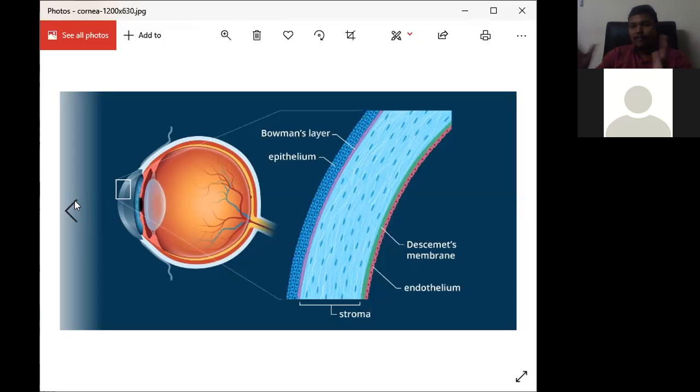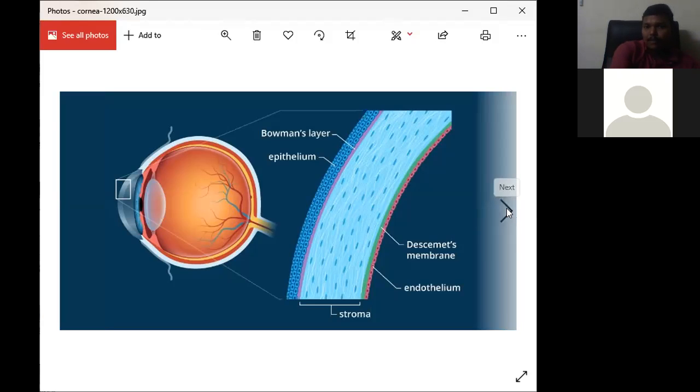At birth, the cornea will have a diameter of 10 to 11 mm, right? Usually the horizontal diameter will be 11 to 12 mm, and the vertical will be around 10 mm, right? So there will be a minor difference between the vertical and horizontal at birth, but after birth it will be uniform or somewhat elliptical. The outer surface will be somewhat elliptical, but the inner surface will be rounded only. The inner surface of the cornea will have a size of around 11.7 mm all the way, right?